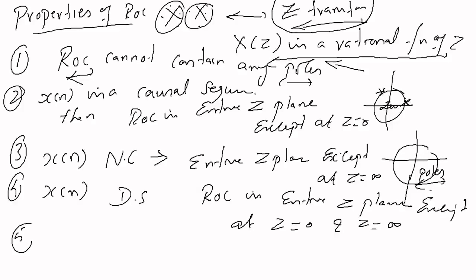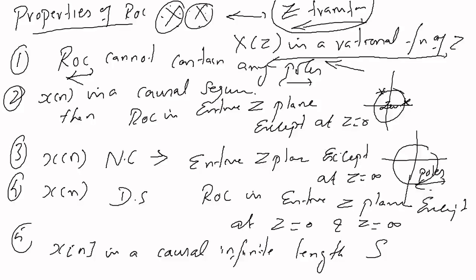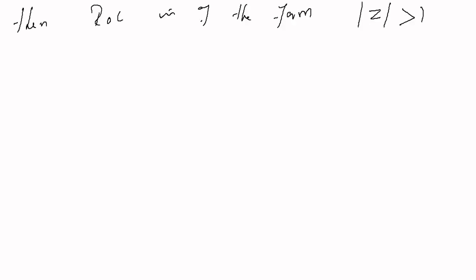Fifth point, if x of n is a causal infinite length sequence, then ROC is of the form modulus of Z greater than R max,